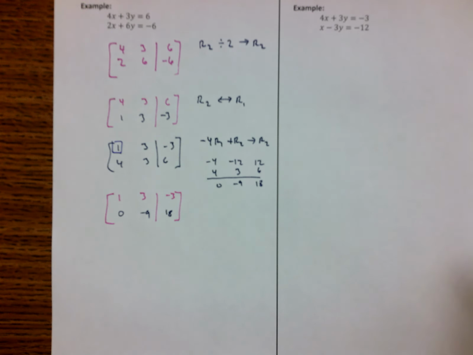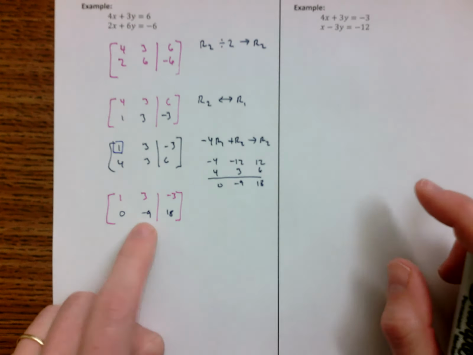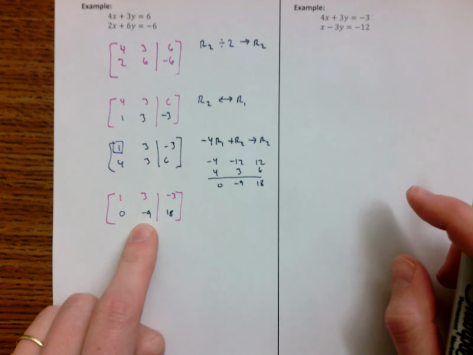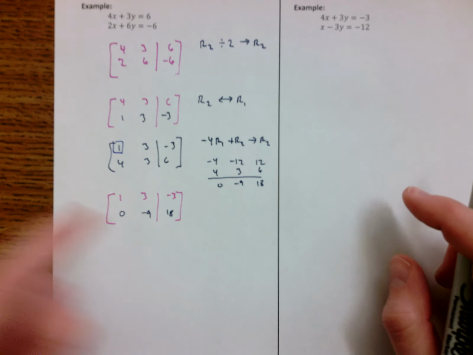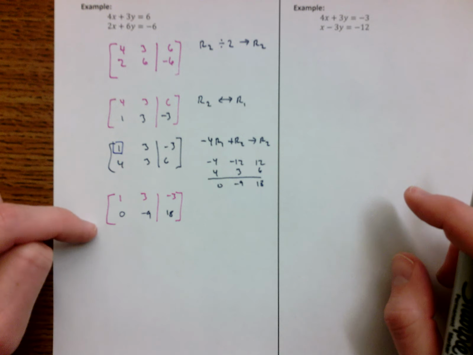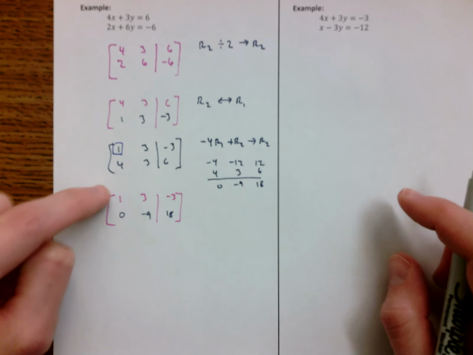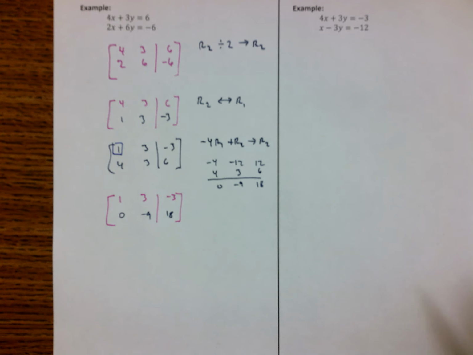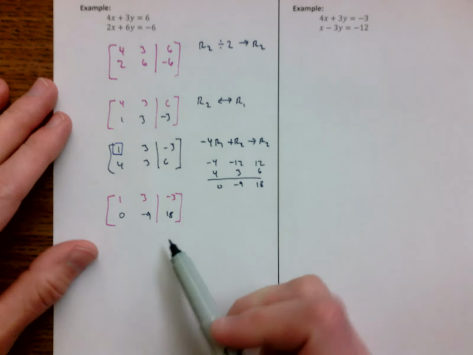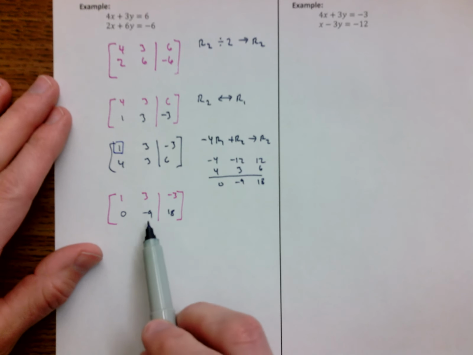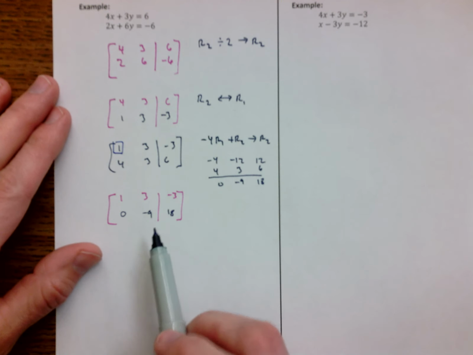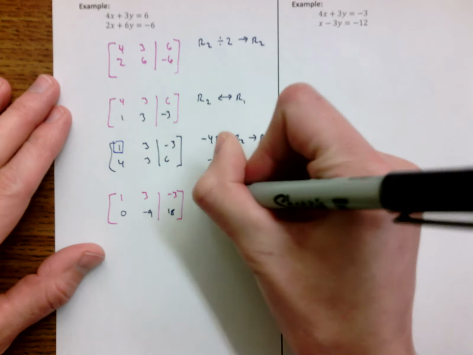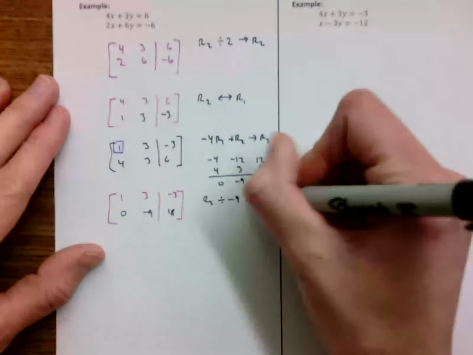All right, so we got our column done. Now we need to target another 1. So you always get the 1 first and then get zeros everywhere else in that column. So now we need a 1. I got to somehow make this guy into a 1, right? Well, if I somehow multiply this row by something and add it, it's going to mess up my 0, because anything I multiply the 1 by and add to 0, I'm going to get something other than 0. And then we'll be back where we started from. Okay, so what I'm going to do here instead is divide this row by -9, excuse me,